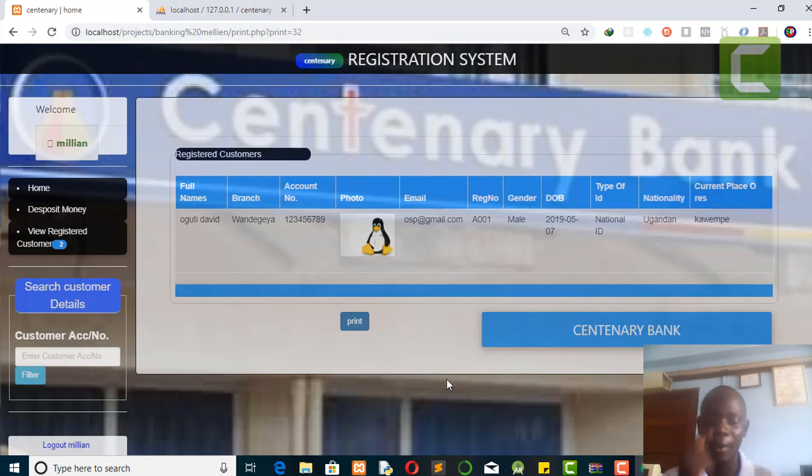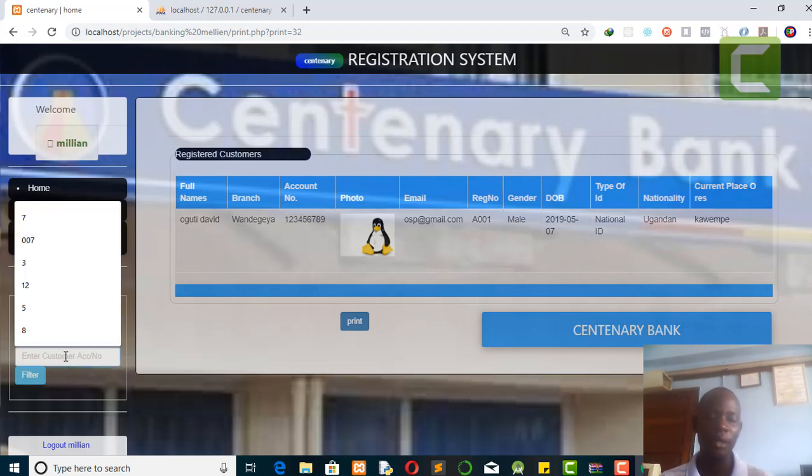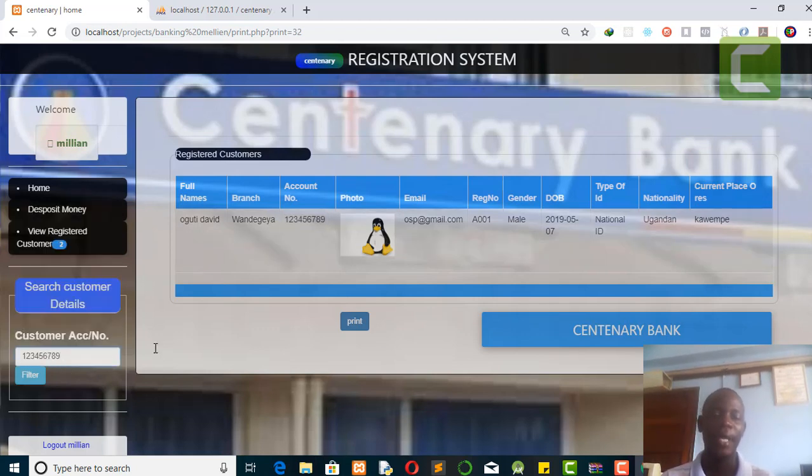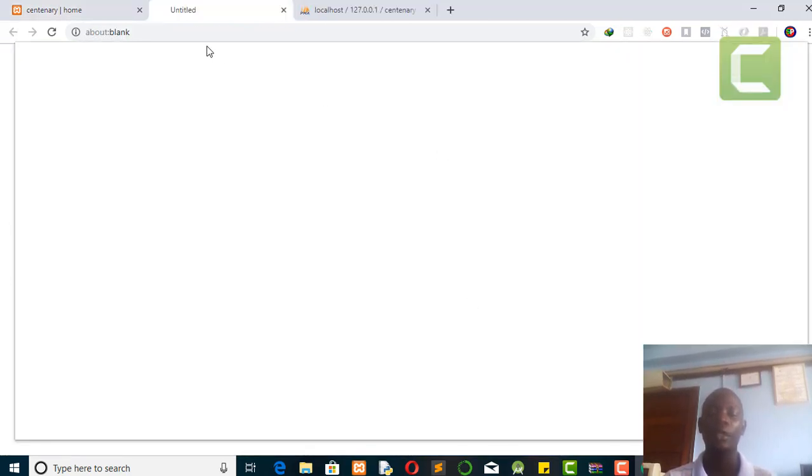Now remember, we solved that kind of error. That's how I always solve it. Now the next thing: how do you print this given data? Given this user, you just need to copy that ID. If you want, you can paste it here, and then say filter. You can filter from here, which will give you the result, or you can just say print, whereby before going to print,